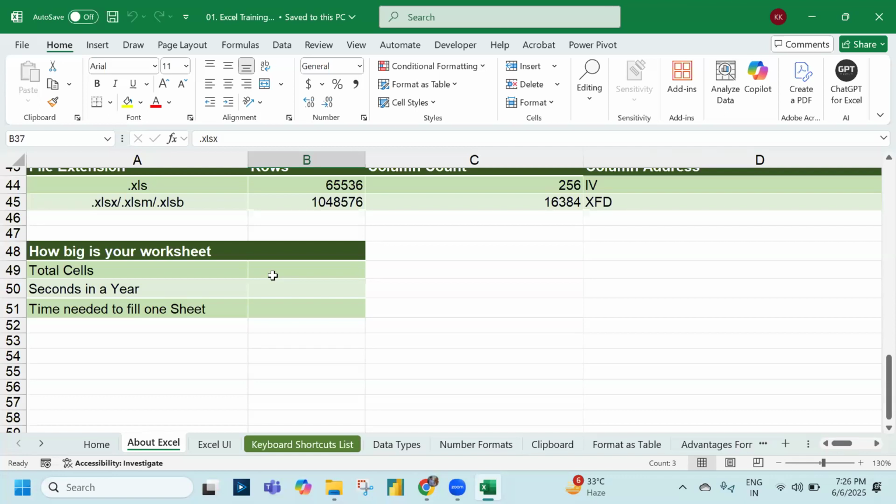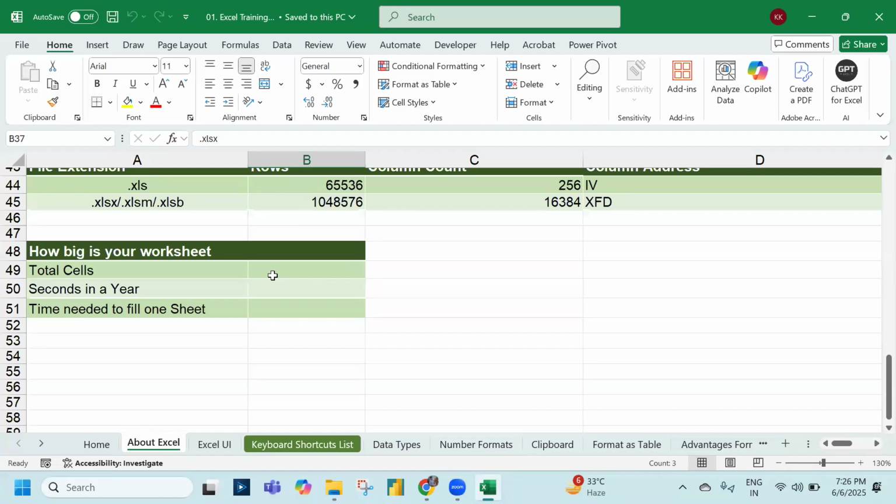Whenever you open any XLS file, you will find how many rows? 65,536. And how many columns are there in each XLS? Just 256 columns. Okay, so looking at this, it may look very, very small. The number of rows and columns in one spreadsheet in XLS: 65,536 rows and